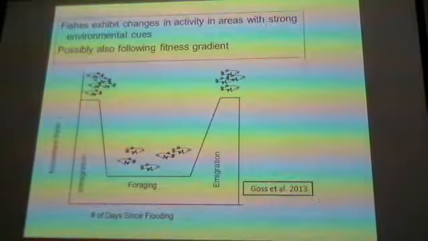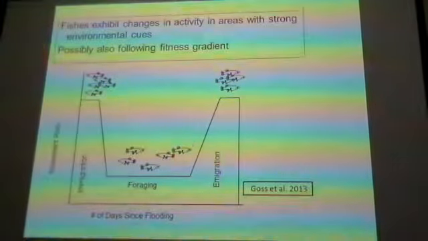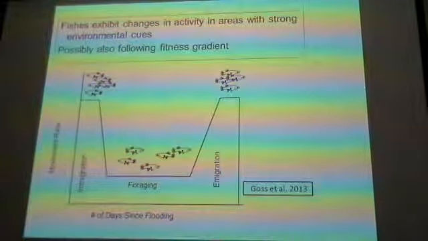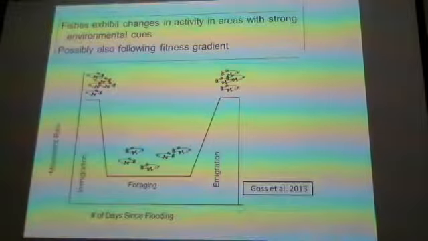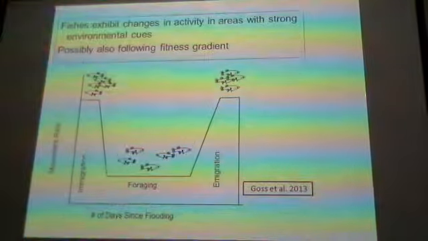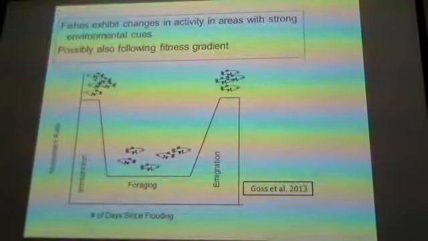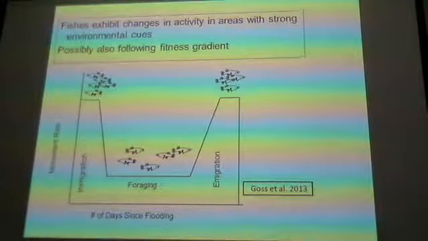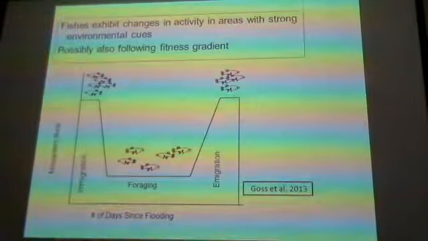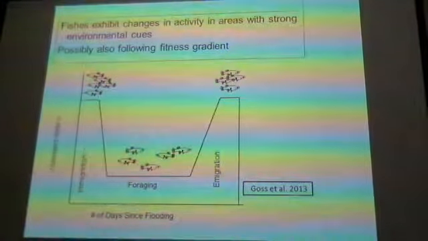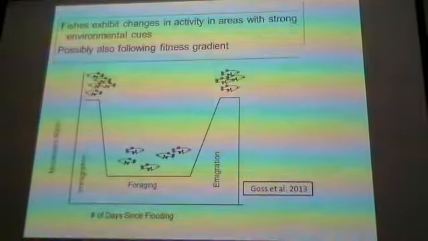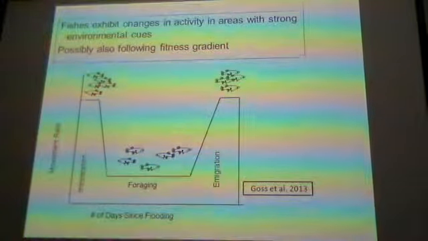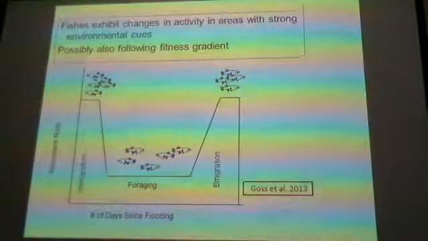So some previous work in Dr. Trexler's lab focused on directionality and activity rates of animals in these different deep water and shallow water habitats. A good example, especially with things like mosquitofish and flagfish, is that as the water levels start to increase, you see a big spike in activity, and that's as the animals are immigrating out or moving out of these deep water areas. And then as water levels stabilize, you tend to see